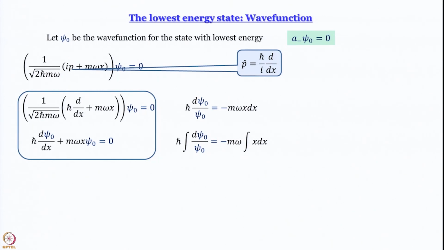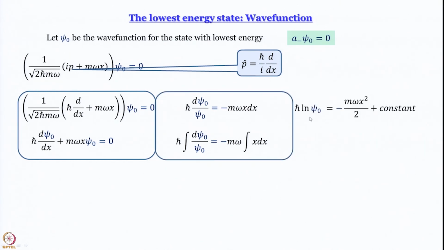What is d psi 0 by psi 0? Everybody knows, it is ln psi 0. What is integral x dx? It is x square by 2, and let us keep it indefinite for the time being. So, we will get h cross ln psi 0 minus m omega x square by 2 plus some constant of integration,